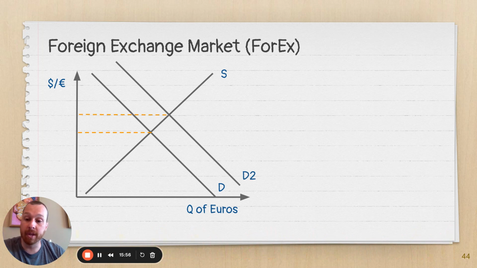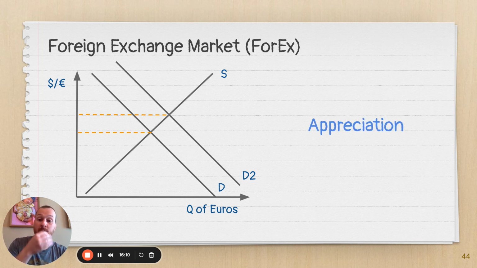Well, look what happened to the price of the euro. It went up in terms of US dollars. It used to be maybe $1 for 1 euro. And now this product came out, and now you have to pay $1.50 for 1 euro. So the term we use here is we say the euro appreciated. The currency appreciated because now it costs more. It became more valuable. Now, this is all super easy because it's just straight supply and demand, but there's always